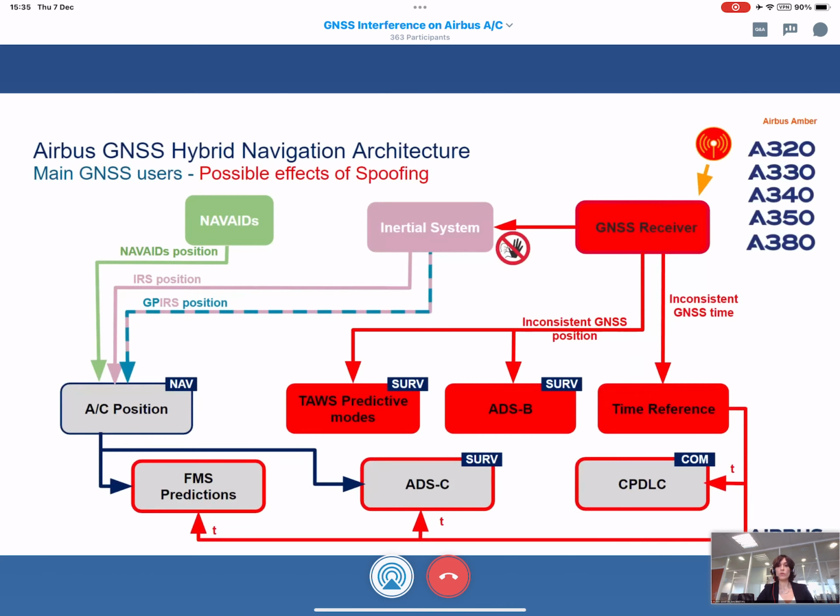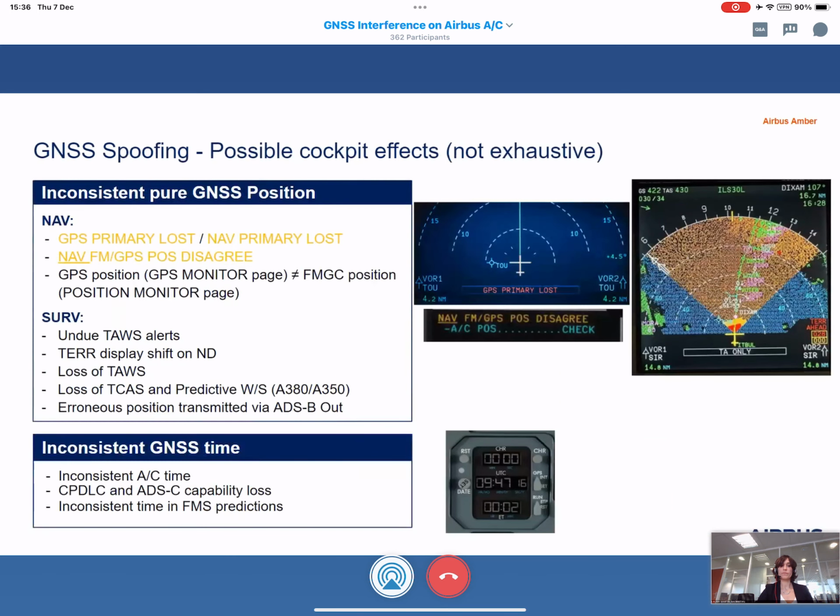Then, if we go to inconsistent time impacts possibility, the GNSS receiver, if deceived by spoofing, may compute inconsistent GNSS time that may affect the aircraft time reference. Its effect could be observed and affect the FMS predictions, ADS-C, and CPDLC functions.